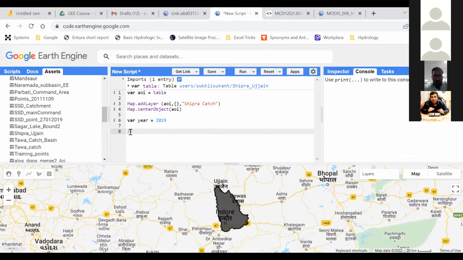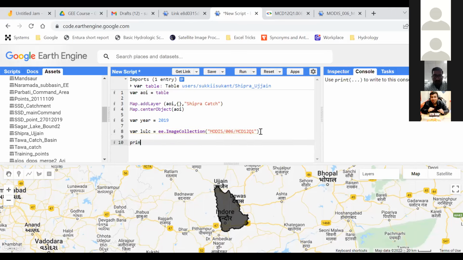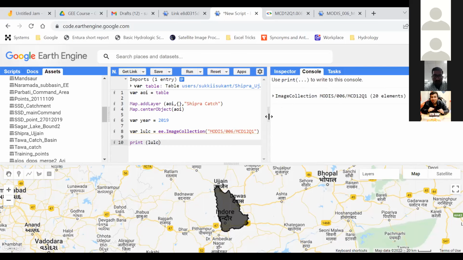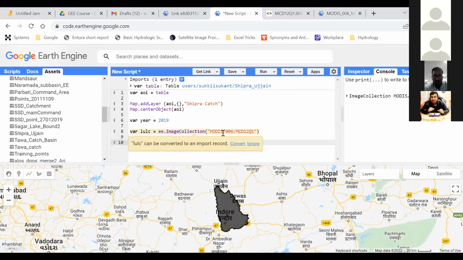Okay, so what I will do, I'll just paste this, and I have to give a variable name, like LULC is equal to ee.ImageCollection(model). And if I print this data, that means LULC, what I will get in the console panel, I can get there is an image collection of 20 elements, because this dataset is providing LULC of 20